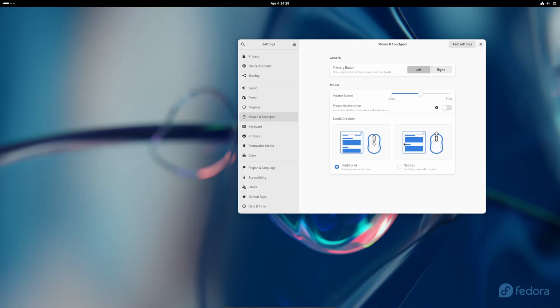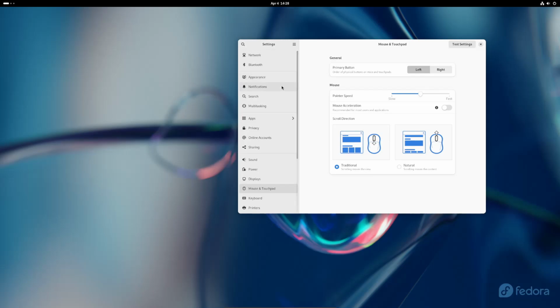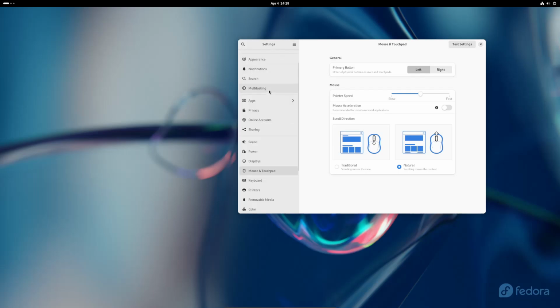These two scrolling things are actually pretty self-explanatory. Natural scrolling is similar to your phone, where you swipe your finger up and the screen moves up. And if you swipe down on traditional, then it moves the scroll bar. Where's the scroll bar? Here's the scroll bar. So if I scroll up right now, then the scroll bar goes up and the menu goes down technically. Even though I'm going up, it's being swiped down. Whereas natural, if I swipe down now, it's trying to go up. If I swipe up, then it's